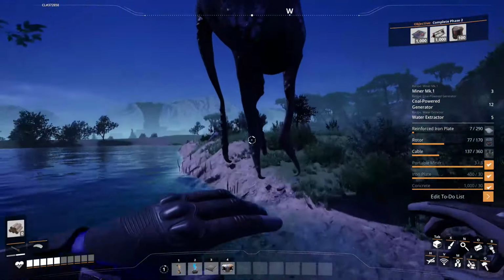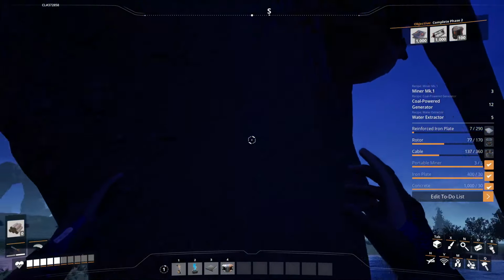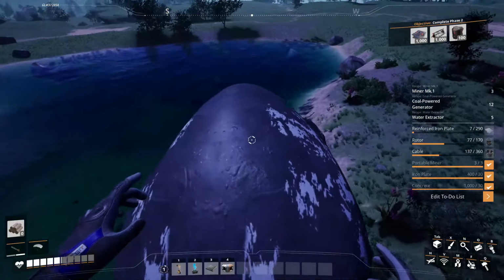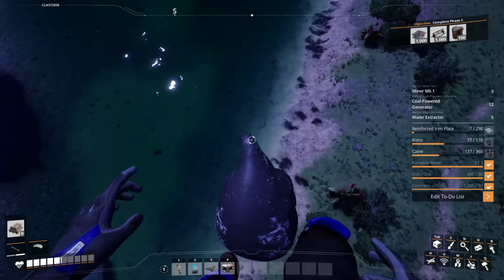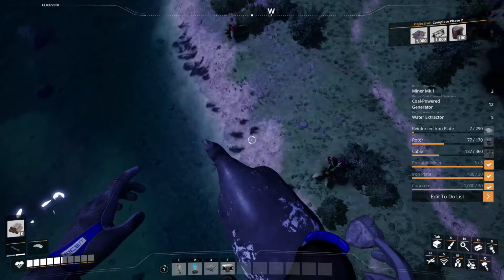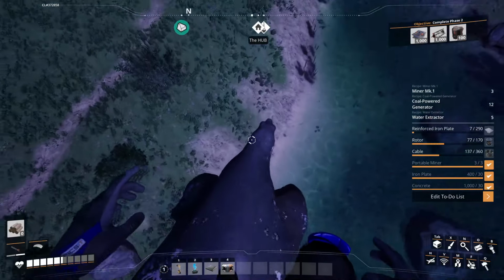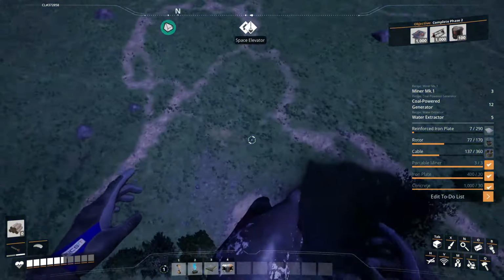Sir, can you and your non-walking ways please bounce me high enough to get on top of the flight man? Please. Yes! Now all you have to do is get me really, really high up so I can go on the big flight guy. I think this is as high as it's gonna go. Yeah, that's as high as it's gonna go. That's nowhere near high enough for the flight guy. Where even is the...